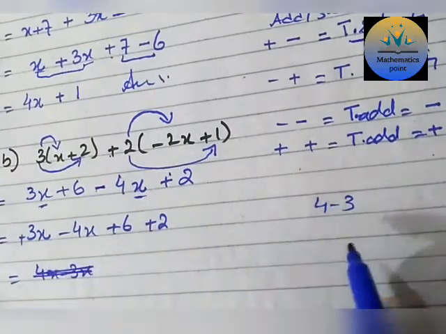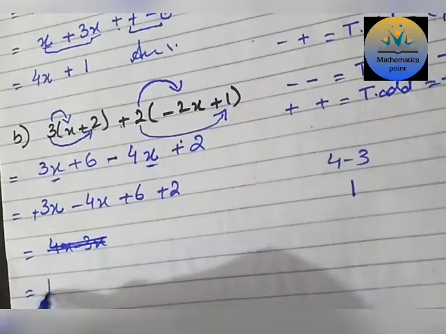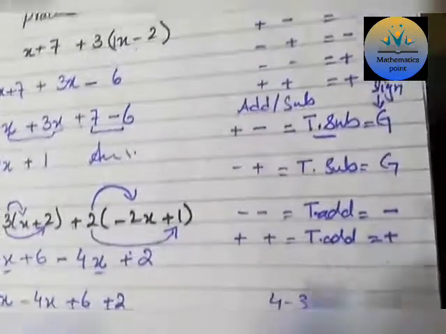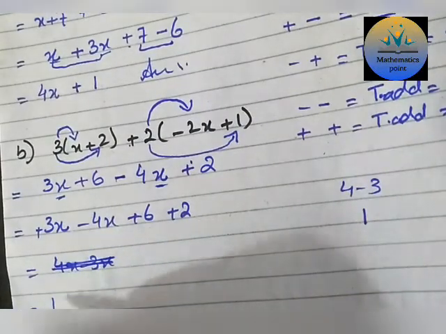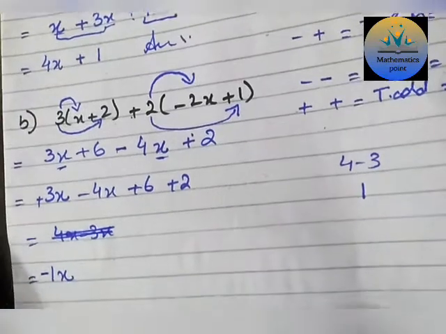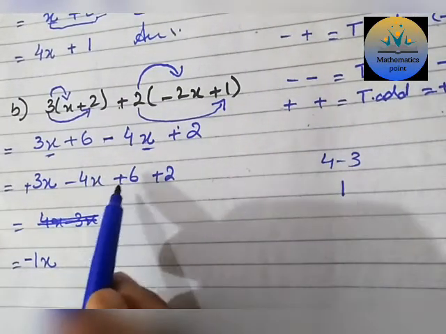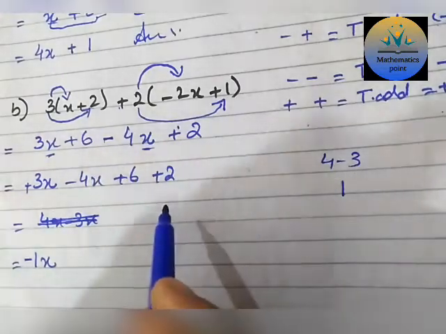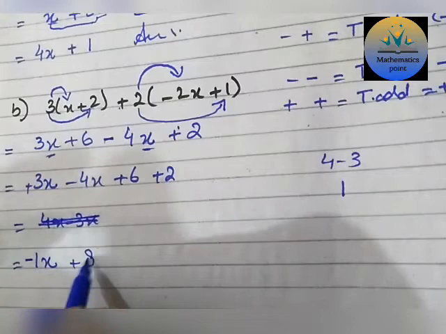Okay, you do this in the working: 4 minus 3 is equal to 1, so you just write down the 1 here. Okay, 1. And what would be the sign? The sign of the greater term. As the 4 is greater and 4 has the minus sign, so write down the minus. What is the variable? X, minus 1x. Okay, don't forget to write down the variable. Then 6 plus 2, both the terms have the positive sign, so definitely they will be added. 6 plus 2 is equal to 8.